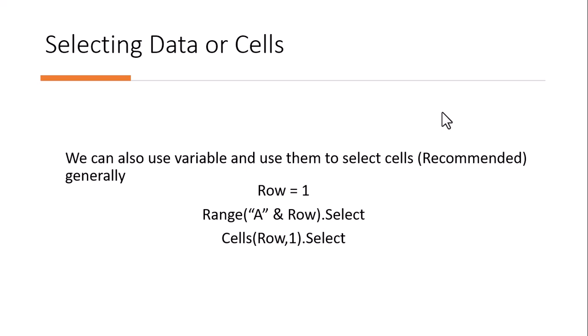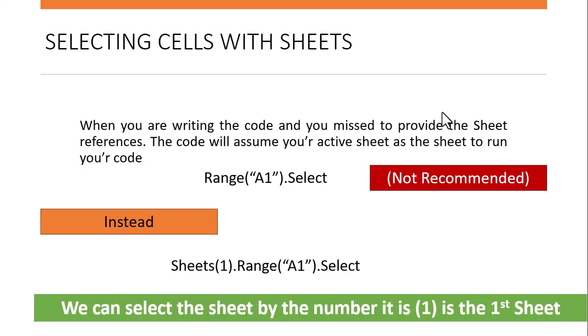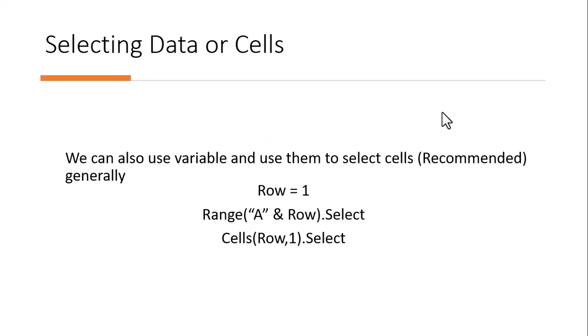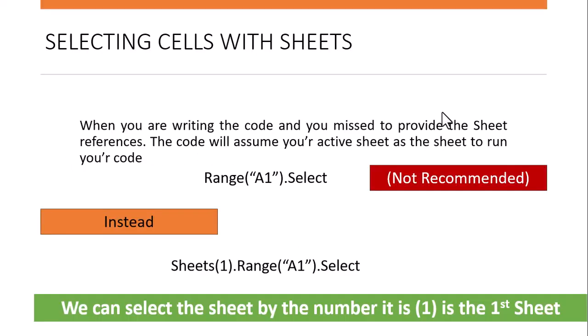When I go back to this particular data set, you can see what is recommended and what is not. When I go for a normal data set, you can select the data in this particular way, where we select one particular row or a row of a particular column and so on. When I work with sheet references, I preferably use the second coding that I'm specifying below, not the first one, because the first one will miss the sheet, or it will consider wherever our active sheet selection